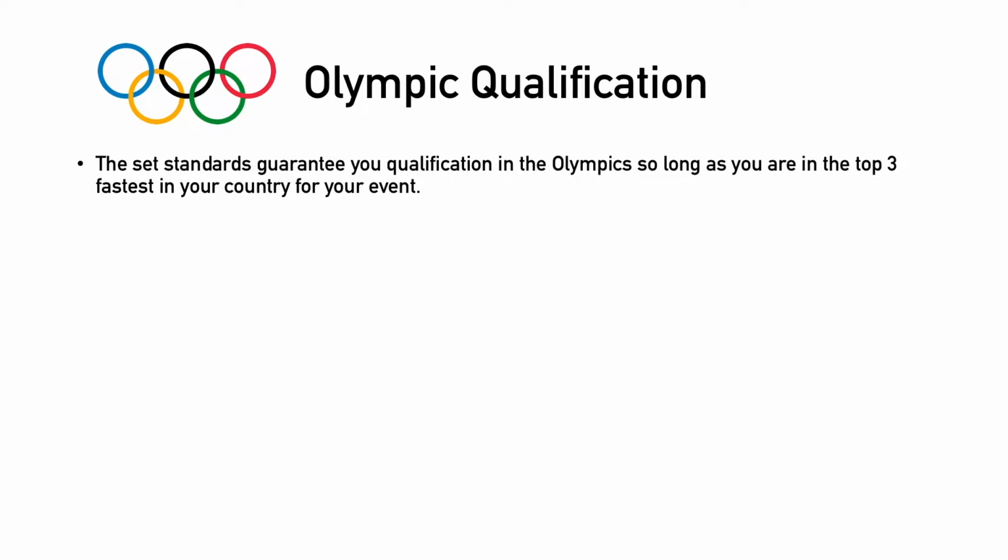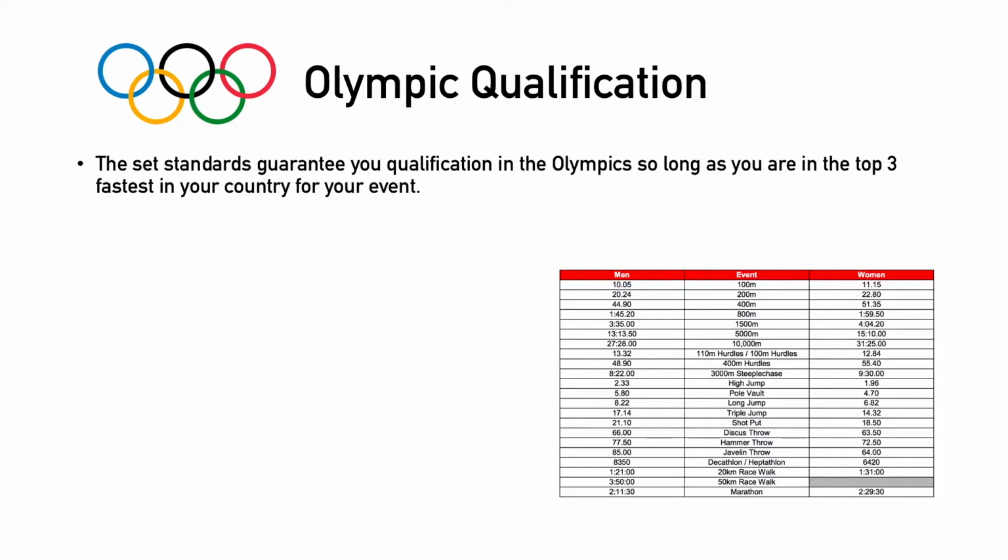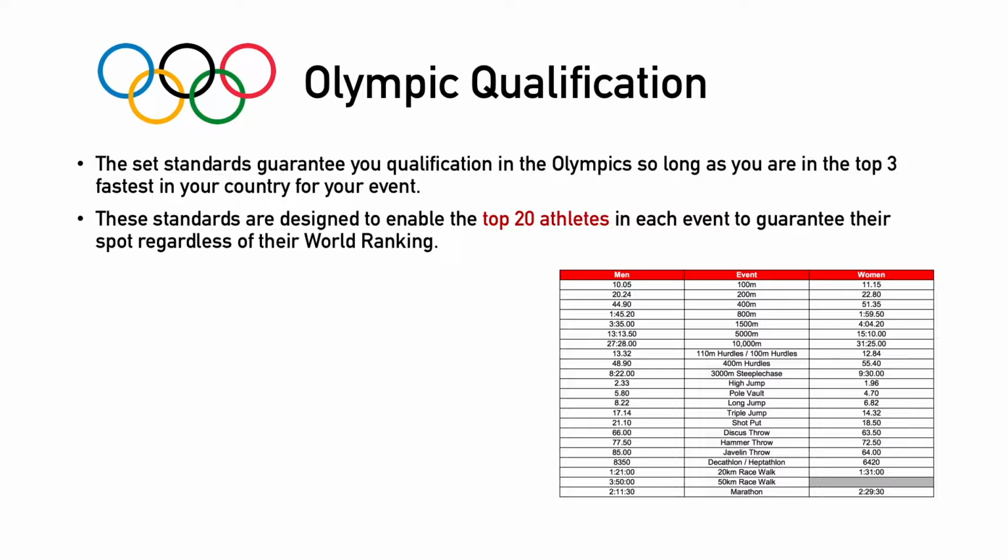Olympic qualification is different to how it's been in the past. In the past, there were set standards that you had to achieve in order to get into the Games. Now, they are not the only way to get into the Games, okay? These standards, which are driving athletics Twitter absolutely nuts with the drastic changes, are not actually the be-all end-all and are actually designed to enable the top 20 athletes, roughly, automatic access, okay? So it's basically a guarantee that the top athletes are going, provided that they have these standards, even if they